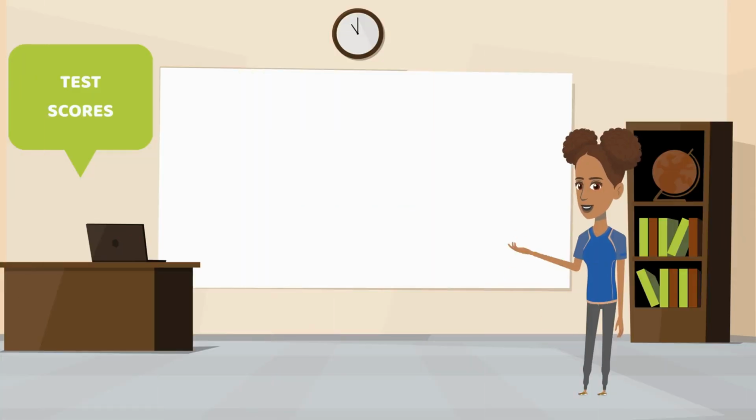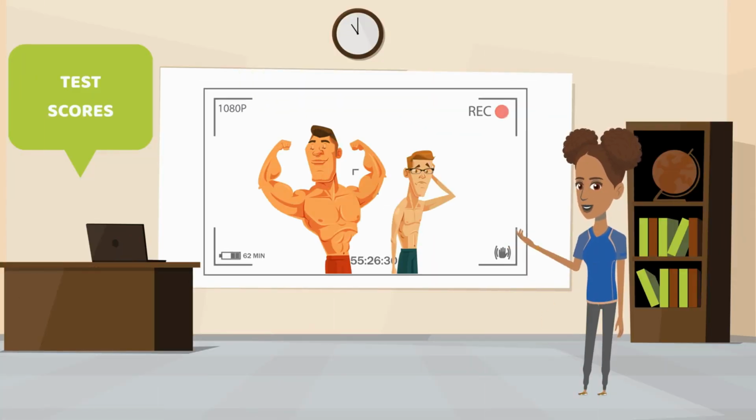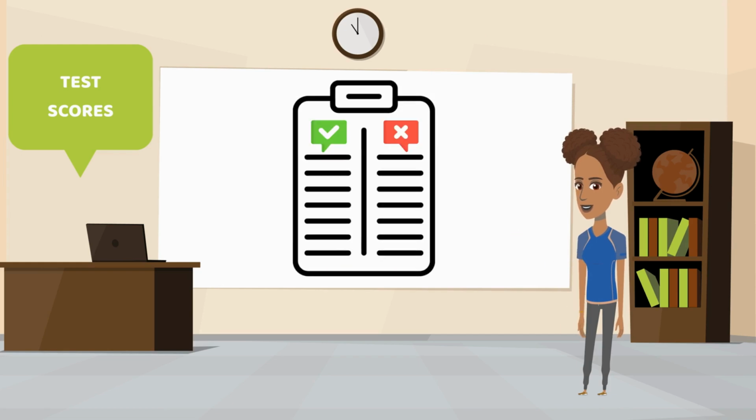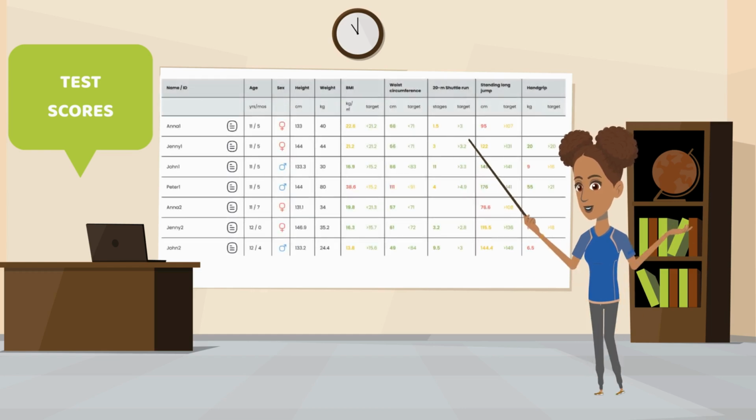The test scores section gives a snapshot of the class's overall fitness. Teachers can quickly identify strengths and areas that need improvement, laying the foundation for personalized guidance. This section will aid the physical education teacher in identifying students who are struggling with a given fitness component, but also identify priorities for the work to be carried out in classes with each group and/or with subgroups of students.